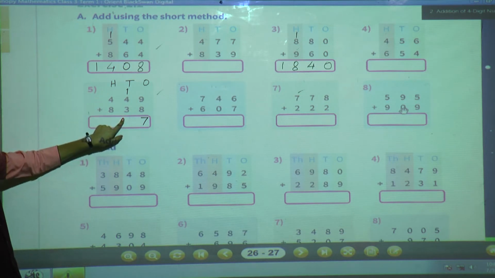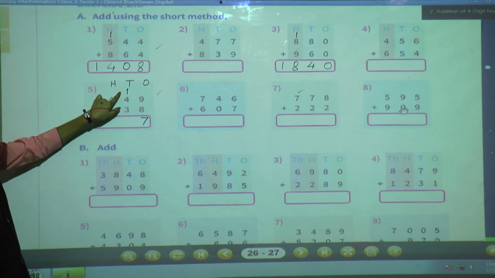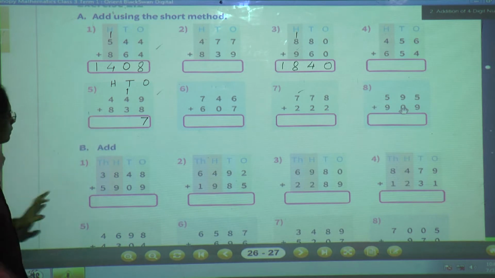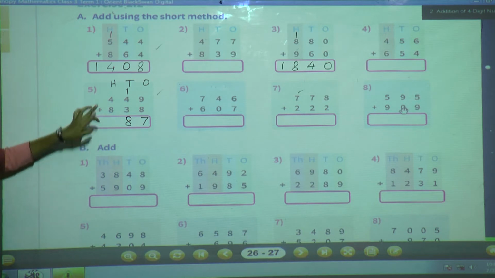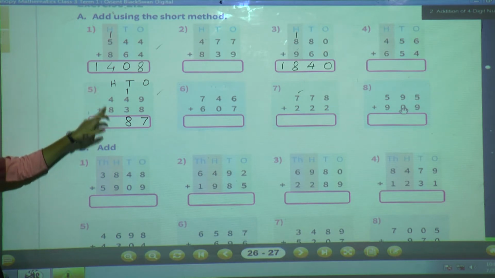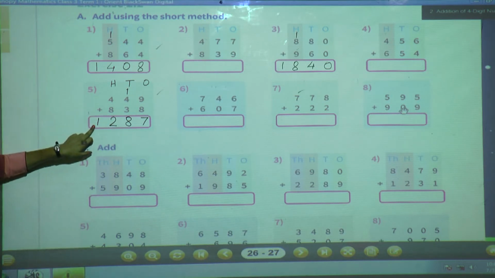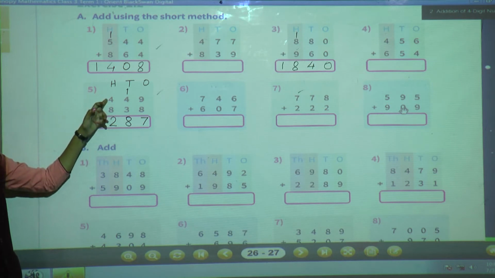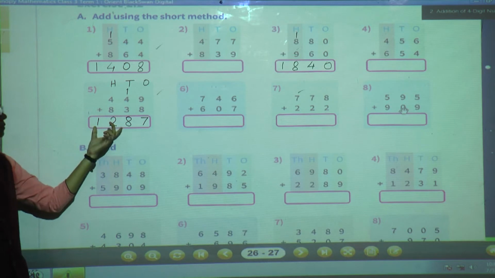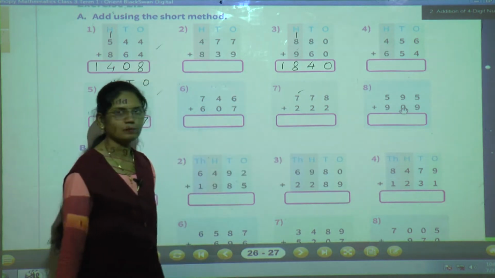Now see this tens place digit. Here 1 ten plus 4 tens plus 3 tens. 1 plus 4, 5 and 5 plus 3, after 5 count 3 fingers. 5 plus 3, 8. Now we will move to the hundreds place digit. Here 400 plus 800. 4 plus 8, yes, 12. So here at thousands place we will write 1. Now see here also 3-digit numbers are there. These two numbers are 3-digit numbers and when we add these 3-digit numbers, we get the answer in a 4-digit number. Now next we will take the 7th one.